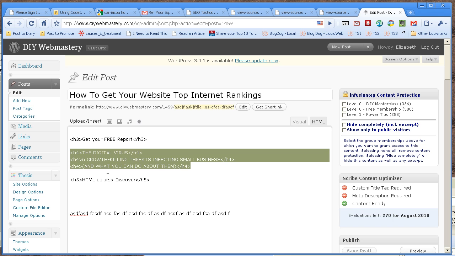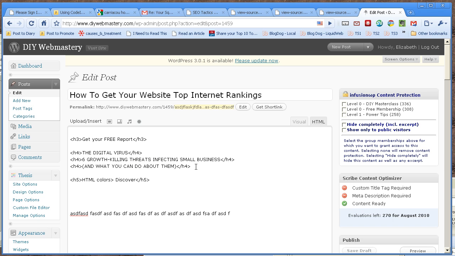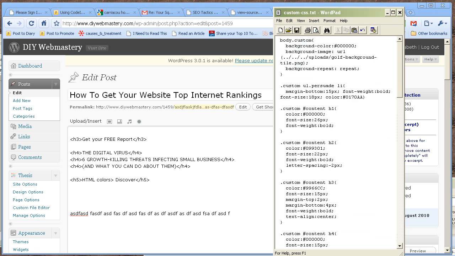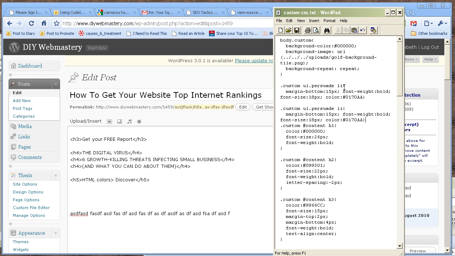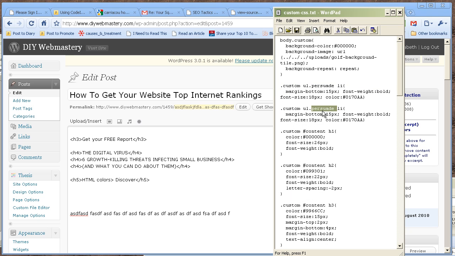I'm unsure, but certainly you could go back to your CSS file and just copy this custom UL that I did here and just call it UL something else, and it might be UL highlights or something, i.e. the highlights of your points that you're making about your product,